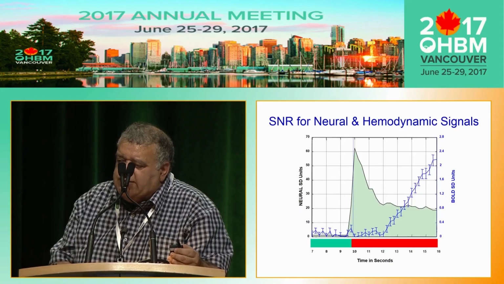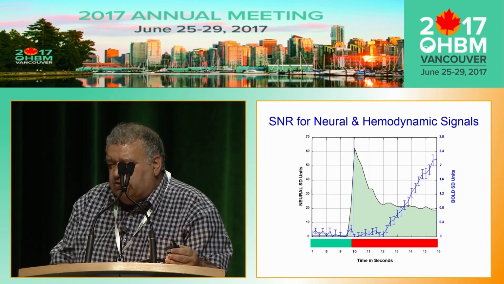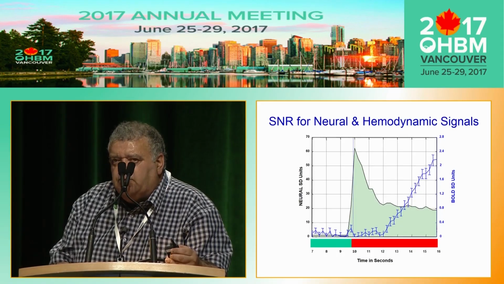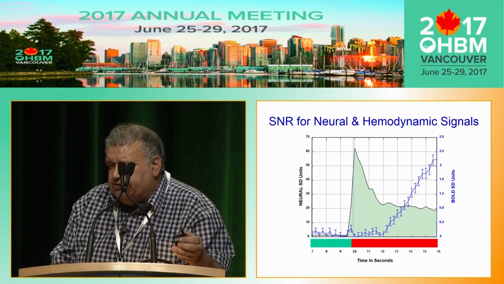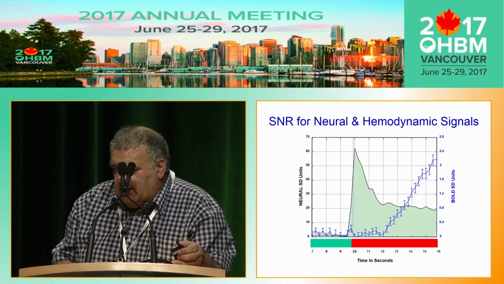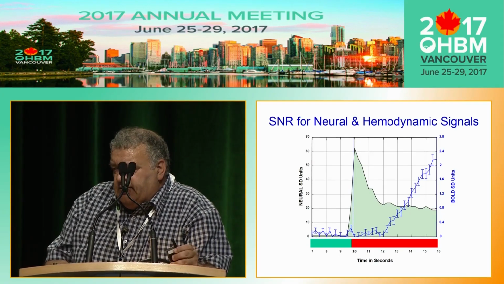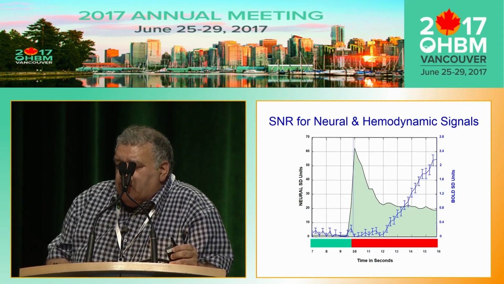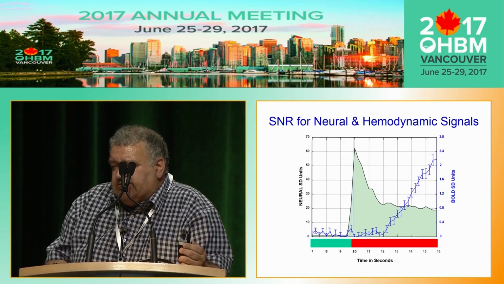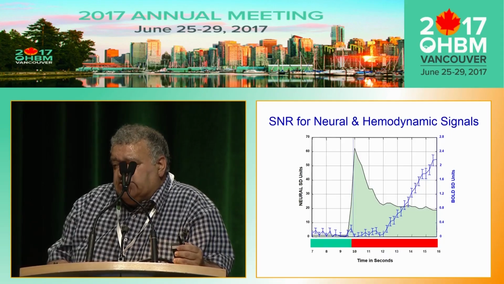To the left, we see the neuronal activity in standard deviation units of the baseline, before the onset of the stimulus. The neuronal activity in standard deviation units is represented by the greenish surface. In contrast, the blue curve represents the bold response, again in standard deviation units of the bold baseline before the onset of the stimulus,